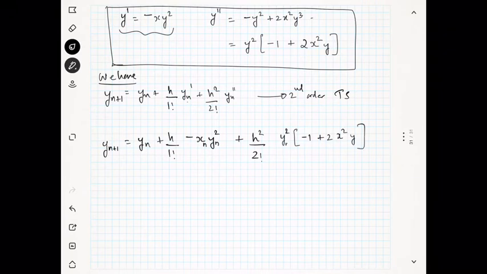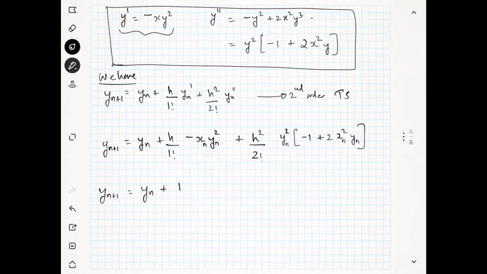Now instead of x we will put xn, instead of y we will put yn. So we got the equation, right? So we will simplify this equation once again. Yn plus 1 is equal to yn